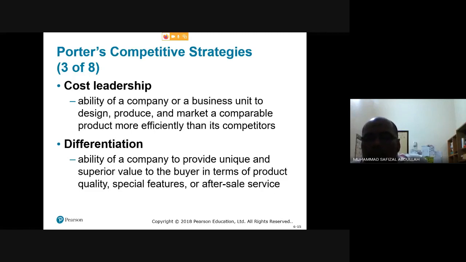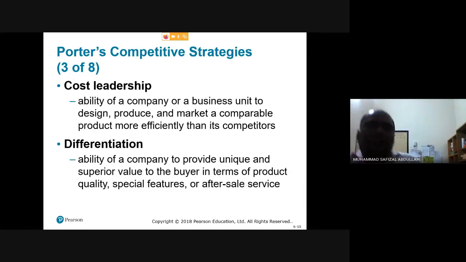So basically, with cost leadership, they compete on the basis of price. They compete on the most important variable in killing the competitor, which is price, because price is the single most important factor that determines customer purchases. Remember that. So that is number one, Porter's approach towards competitive strategies. Okay, number two, Porter says other than cost, companies can compete based on